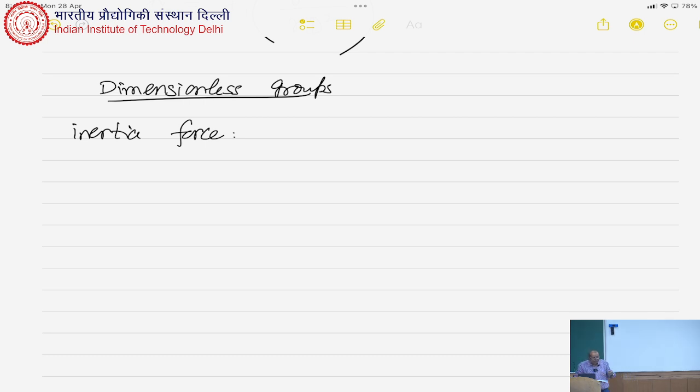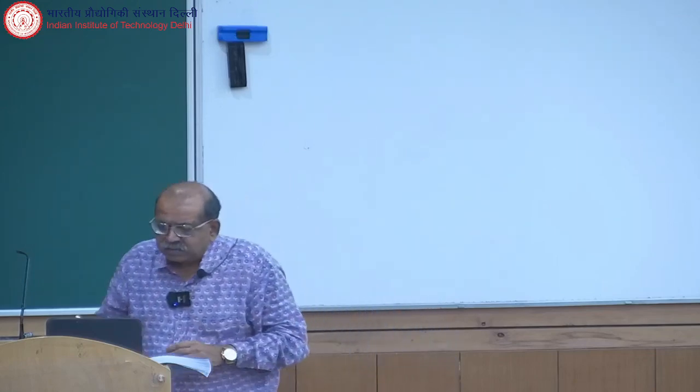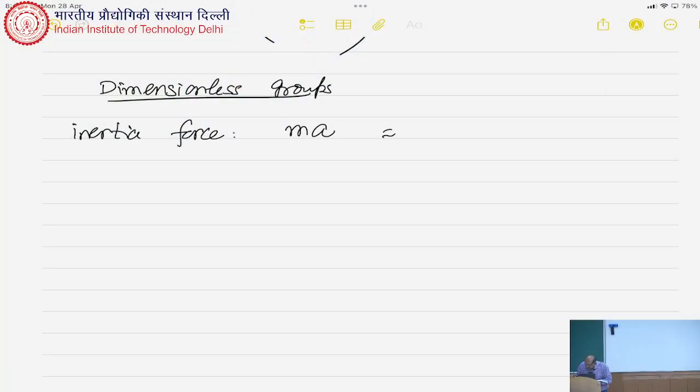So if you look at inertia force, which actually is not a force, inertia, which is the left hand side of the Navier-Stokes equation, if I write it in terms of force, this is something like mass times acceleration. So this will be equal to